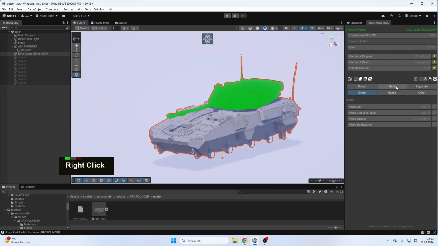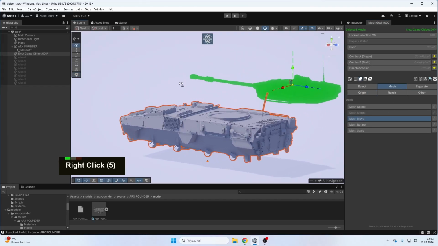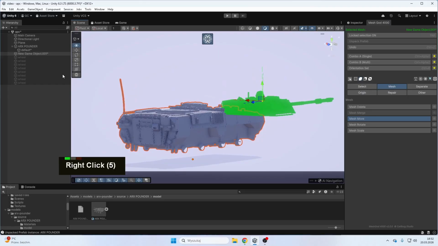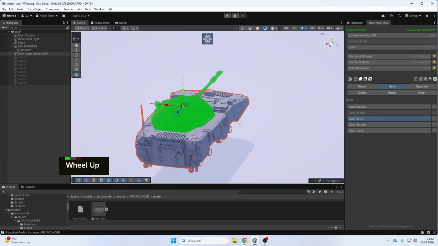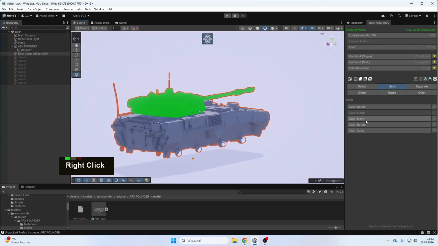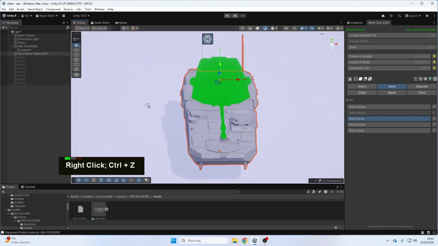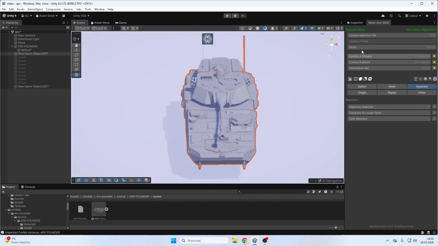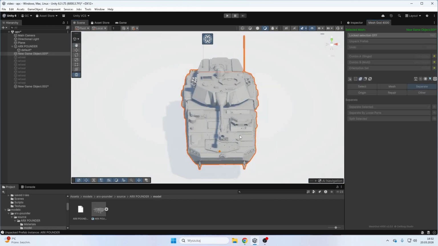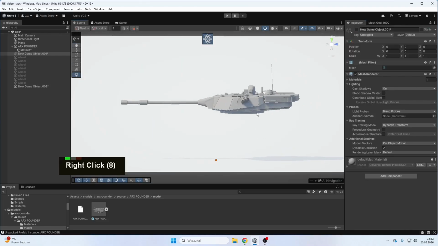Okay, and let's move the mesh. We could also grab this part, and now let's move the mesh. Okay, separate selected. So now we can hide the main body of the APC,